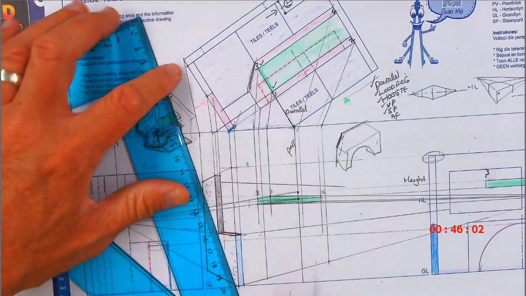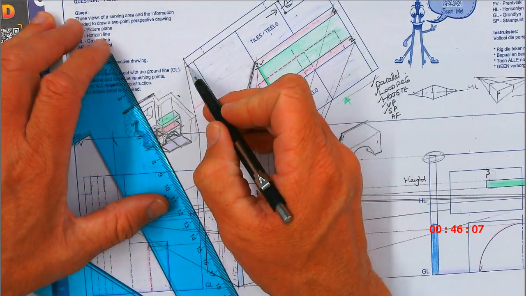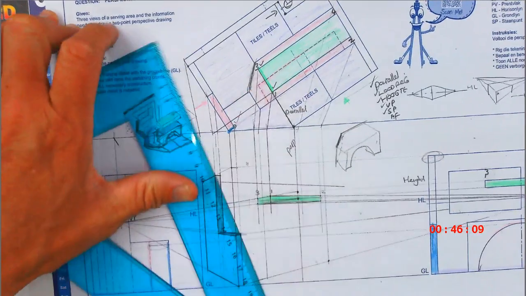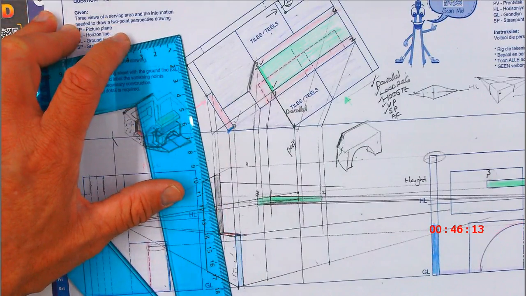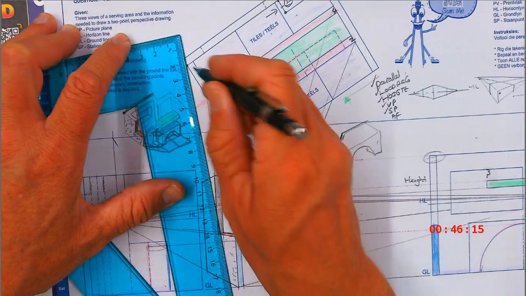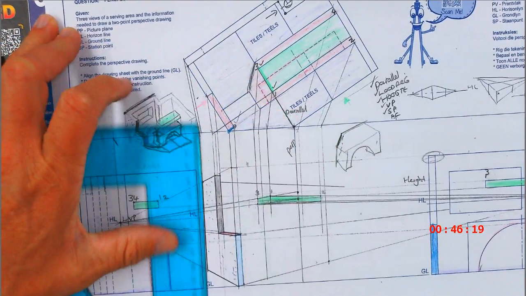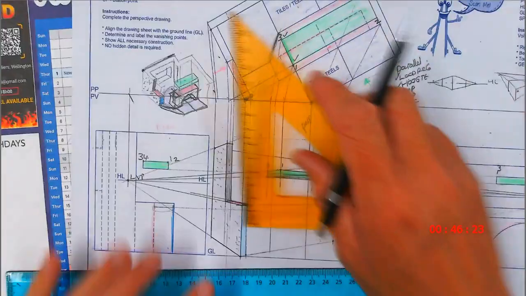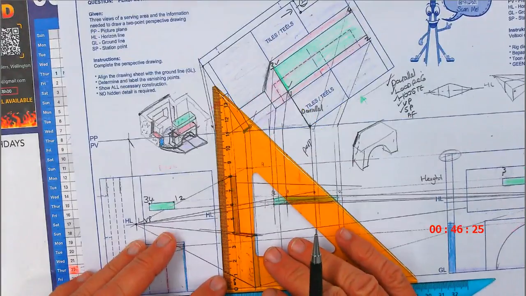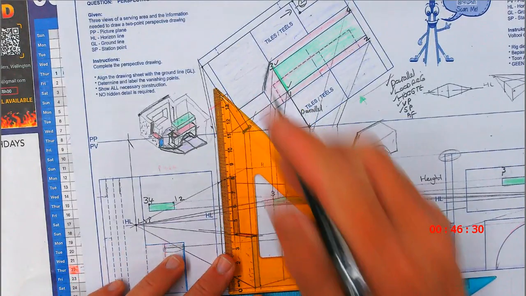So why do I do that? Because it's already on the side. So I'm going to go parallel to the side. You can take it all the way through, but it's not necessary. And now I'm just going to go to my standing point. I'm going to go all the way to the picture plane, and now I'm just going to go perpendicular down, and you're going to find a point over here.